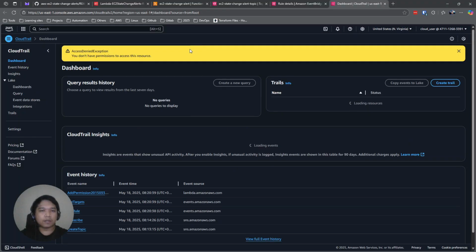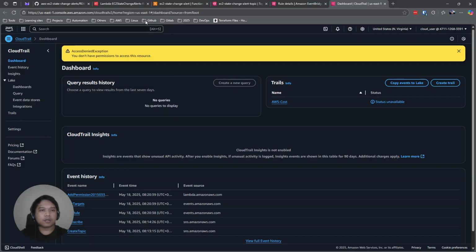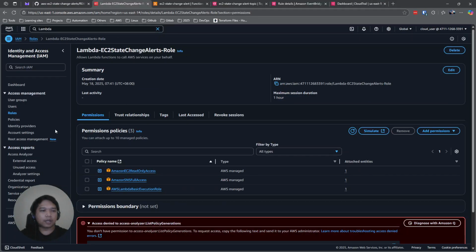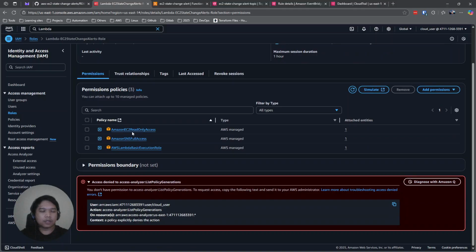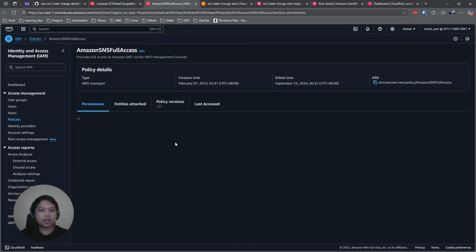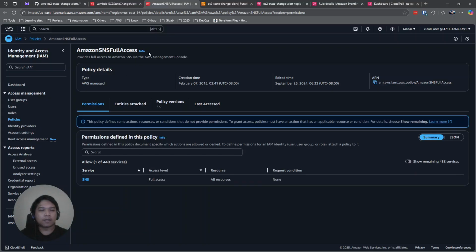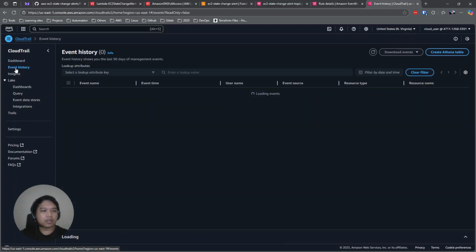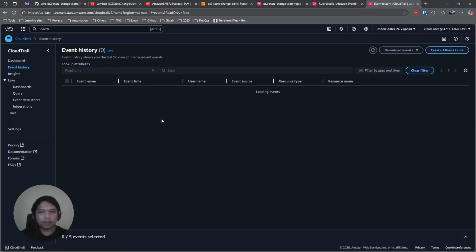For example, if we click on a specific policy, it is calling a specific API, and that is recorded in CloudTrail. For this one, we click the Amazon SNS full access, so we're expecting that it is recorded in the event history.